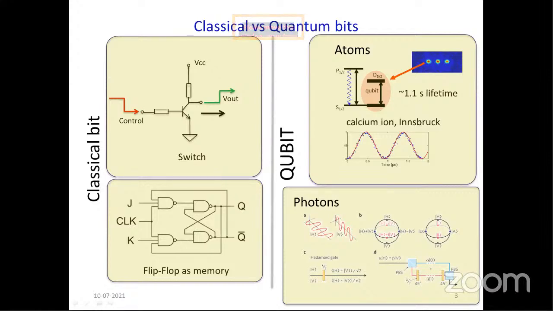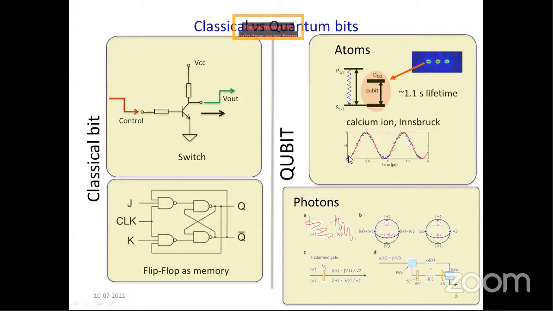Now, the state in which the electron resides, either the lower state or the upper state, is your logical 0 or 1 state. But then there is more to it. It's not only the level where the electron stays, but quantum mechanics also dictates that not only are these levels where your state can reside, but you can also get superpositions of these states.